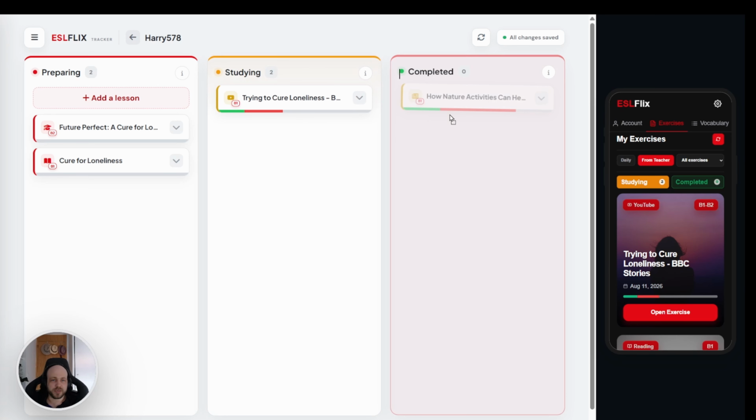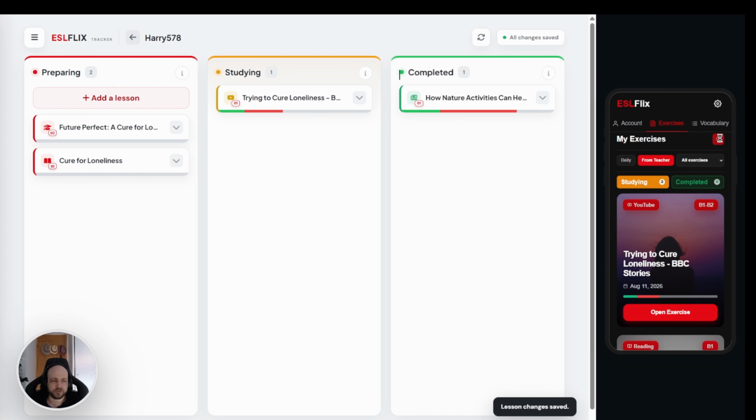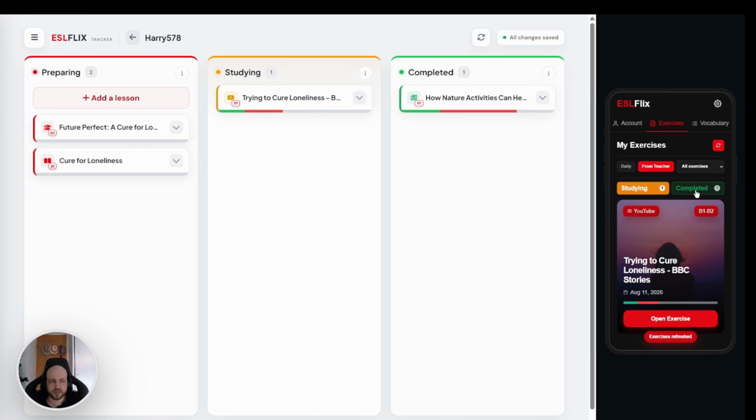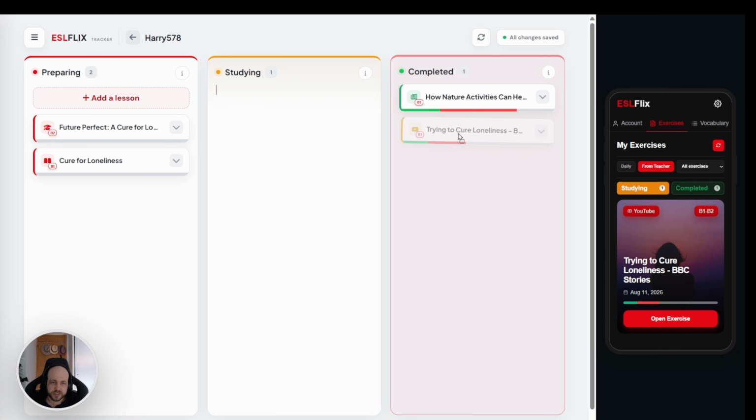Now what happens when I move it to completed? The student refreshes. They have 1 lesson in studying, 1 in completed. So eventually they'll have many, many lessons in their completed list if they want to review old ones, and they'll mostly be looking at this studying section. I recommend only keeping maybe 2 or 3 lessons in here maximum, just so the student is not overwhelmed with work to do. Either the lesson you are doing in the class or some homework you send the student, and it will stay here. So maybe this lesson is finished, you move it to completed,